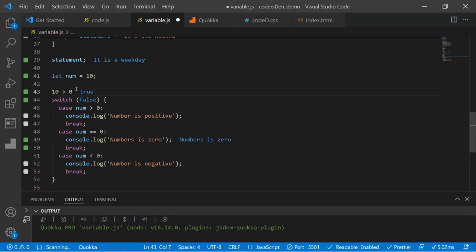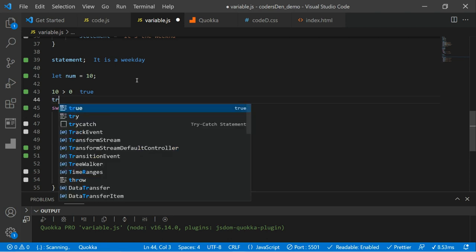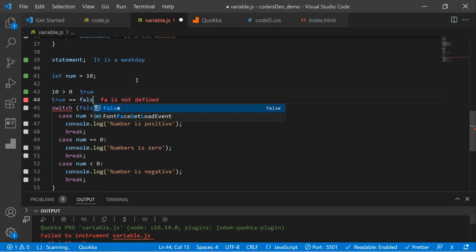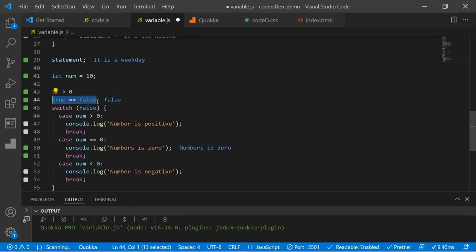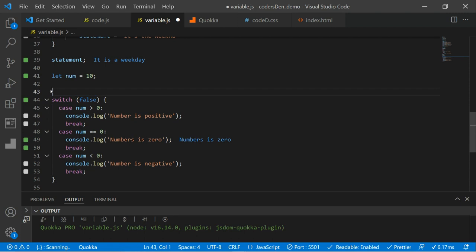But now we are comparing this value to a false Boolean value. So 10 is greater than 0 is true. Is true equal to false? Exactly. True is not equal to false, which means that is false. Can you see? True equal to false is false. So that is why this did not happen. Because even though 10 is greater than 0 is a true statement,